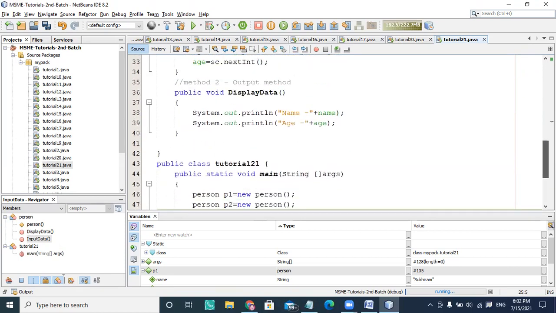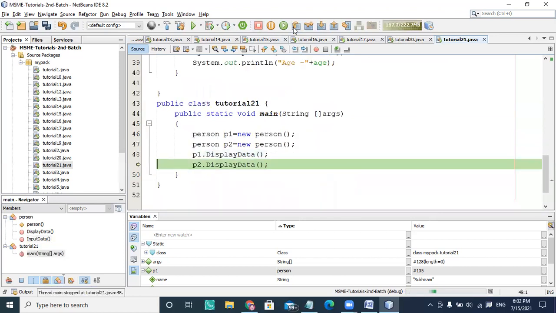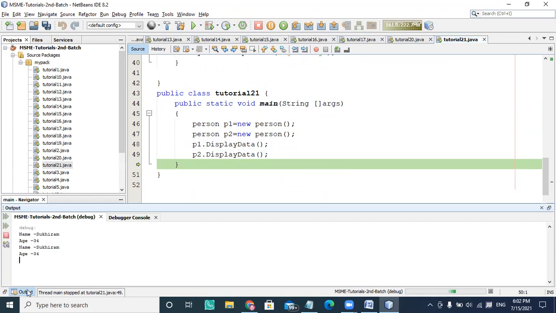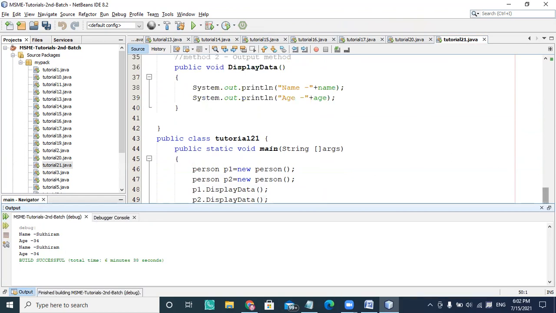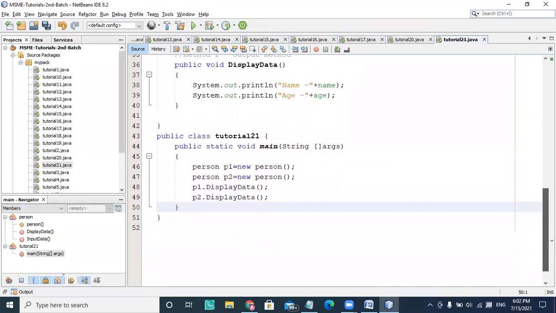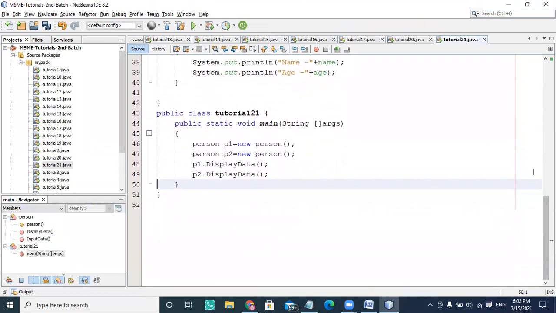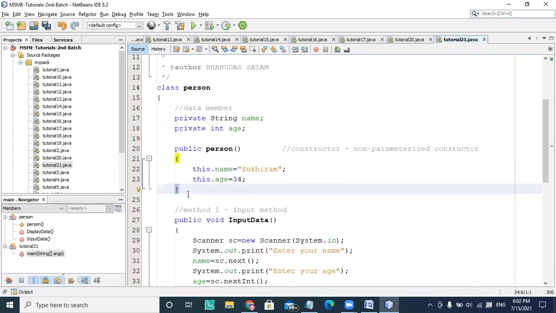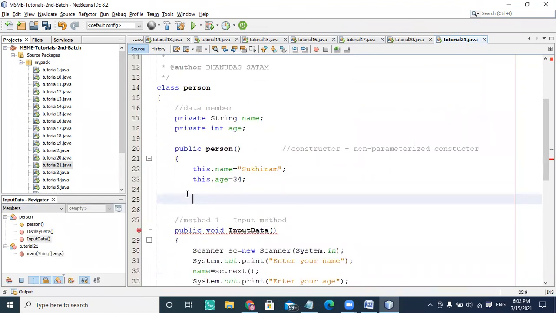The display data prints the respective values of the P1 and P2 contents. Display data also uses this pointer, and the respective P1 object and P2 object values get called. Let us move to the other constructor, the parameterized constructor.